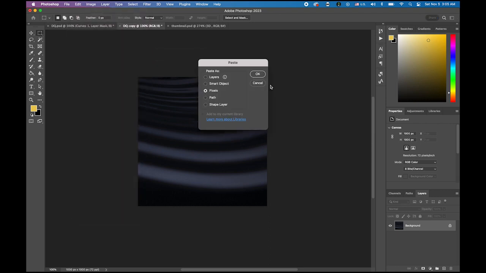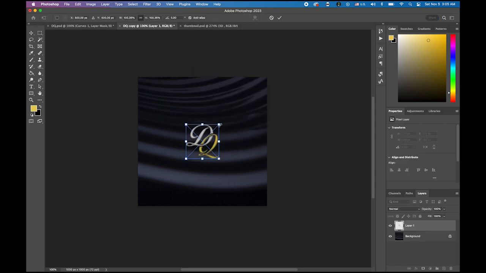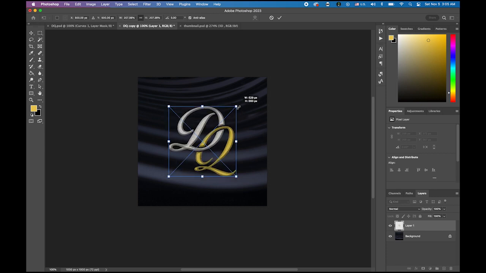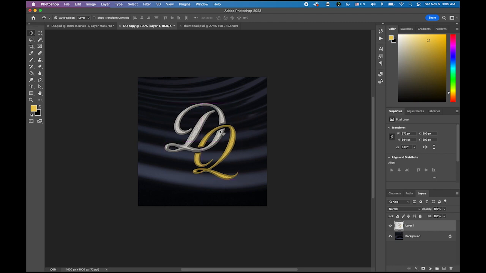Choose the pixels, OK. I'm going to make it a little bit bigger, hold down the Option so I can keep the same proportion, width and height, about that size, and hit Return. If you want to reposition it, you can do that. A little to left. Okay. So I'm okay with that, but let's give it a little more shiny effect,